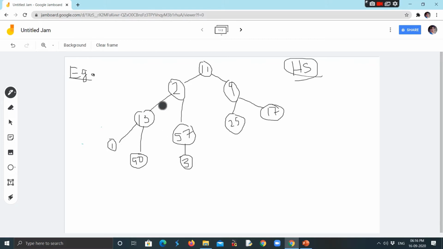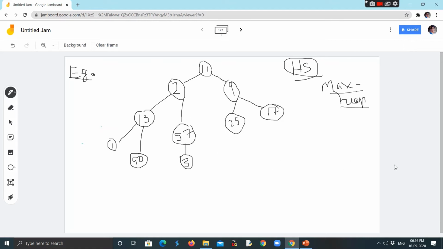This is a max heap, and always in a max heap the parent node should have the maximum value. So if you take this subtree, 90 will come here and 30 will take its place. You can see that 90 is becoming the parent node and 30 is being replaced.